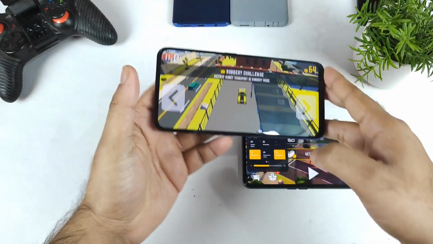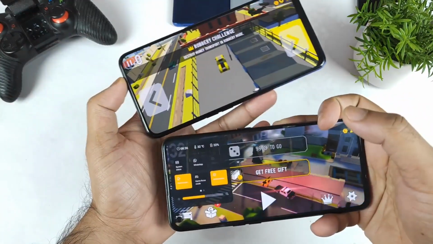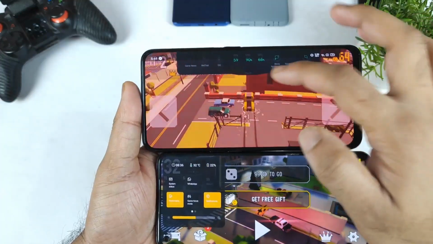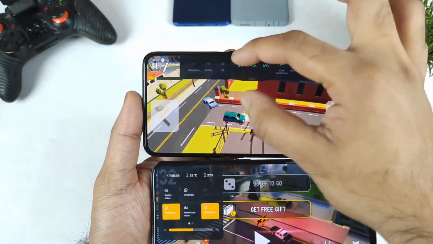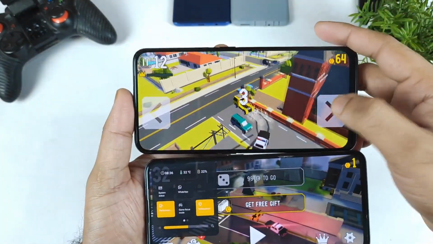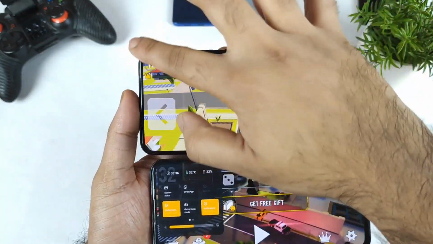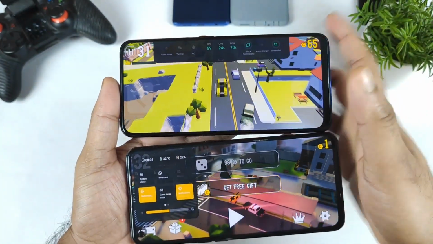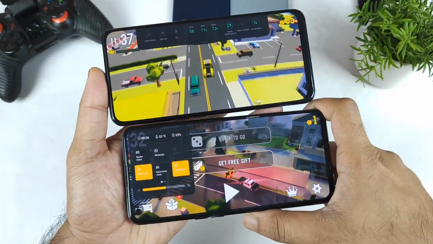So first thing, this is the interface. These are the looks of the old style of Realme UI versus the new style. On the top, with navigation gestures, you need to pull down from left or right to see all the real-time statistics.